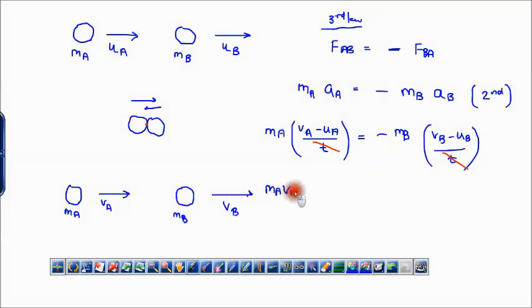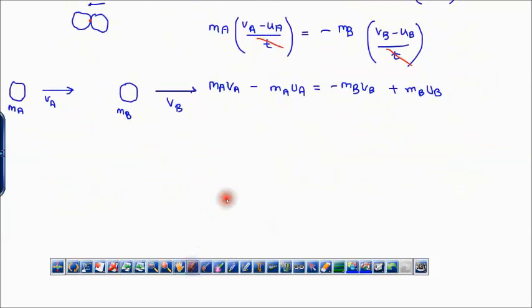M_A इंटू V_A माइनस M_A इंटू U_A is minus M_B into V_B plus M_B into U_B. और ये माइनस की जगह बदलो तो M_A V_A प्लस M_B V_B इज इक्वल टू M_A U_A प्लस M_B U_B. मतलब